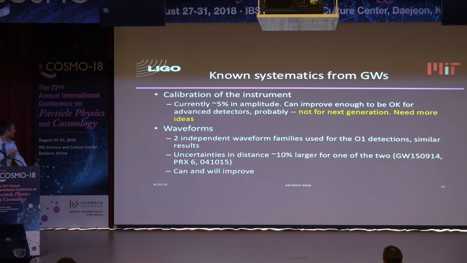But clearly, this is not enough for what comes after LIGO. So a lot of work is going on to improve these measurements. I want to tell you, it's not trivial, because eventually what we are limited by is the calibration of the calibrators. Because to calibrate LIGO, we use a laser, and the laser is calibrated by NIST, the standard Institute of Calibration, or measuring, in the US, and they believe their own laser at 1%, or actually 0.86. So that is the threshold we are seeing right now of how well we can do, unless we come up with something else. But 0.8% is not a problem for many years.